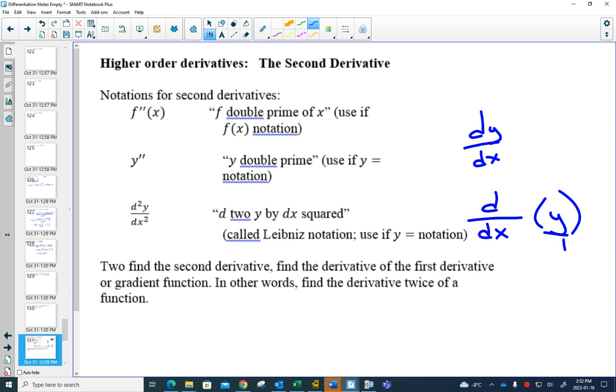And if you did it twice, you would have the d squared, the y is still only once, and you'd have the bottom squared, but mathematicians don't actually like to write the extra brackets around the bottom,